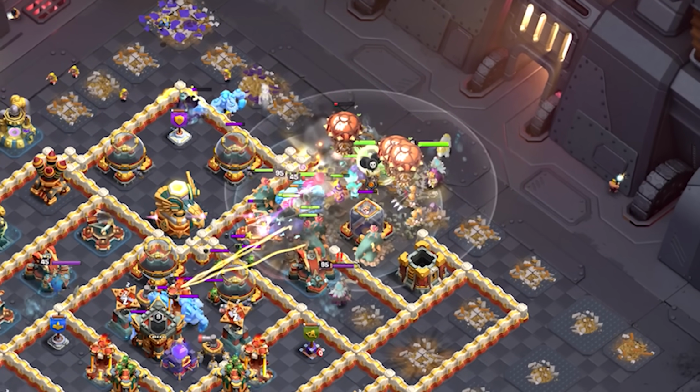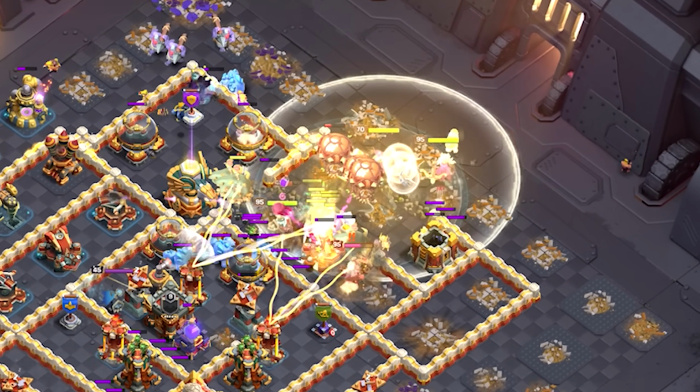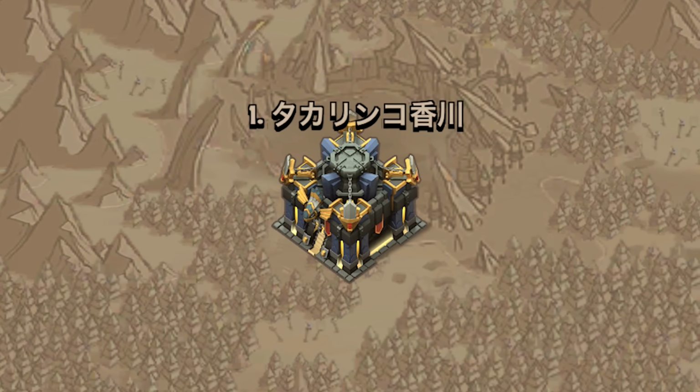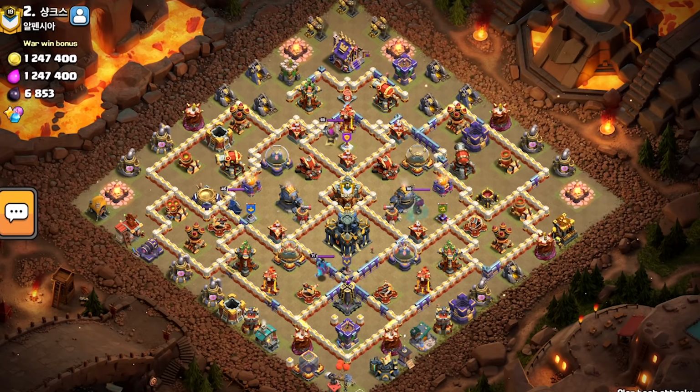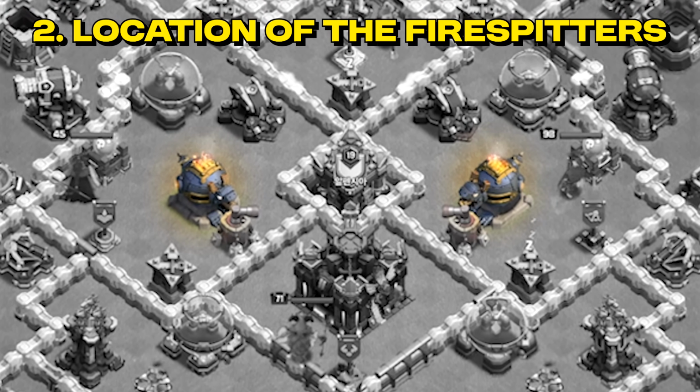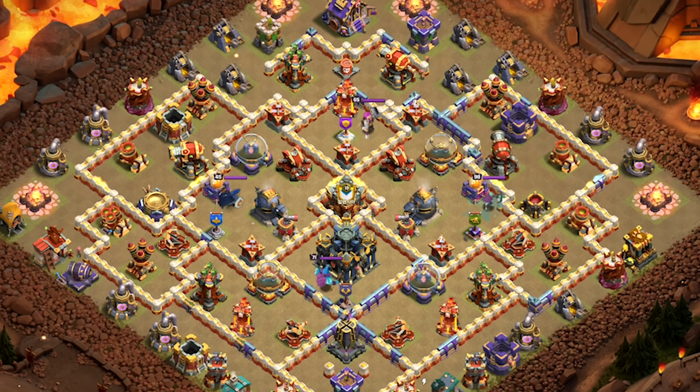When attacking a Town Hall 15 or 16, the approach is slightly different, and I will talk about it in the Town Hall 16 tutorial. But when facing a Town Hall 17, you have to consider three things. First, the location of the Town Hall, the location of the fire spitters, and also we have to take into consideration